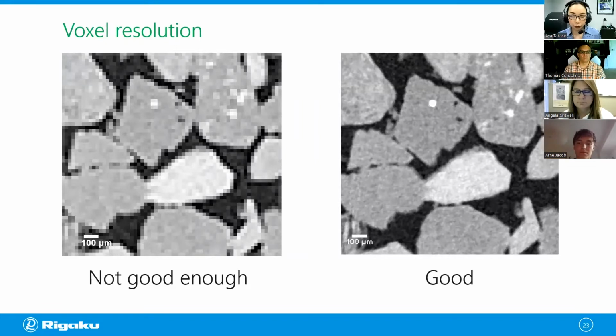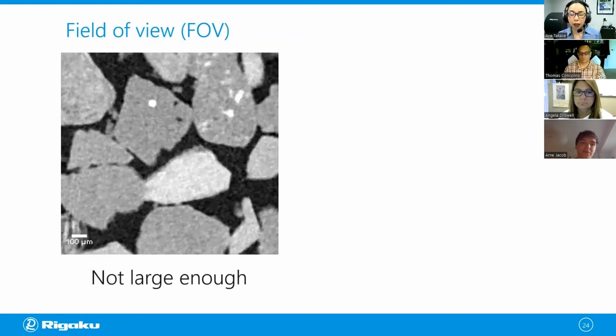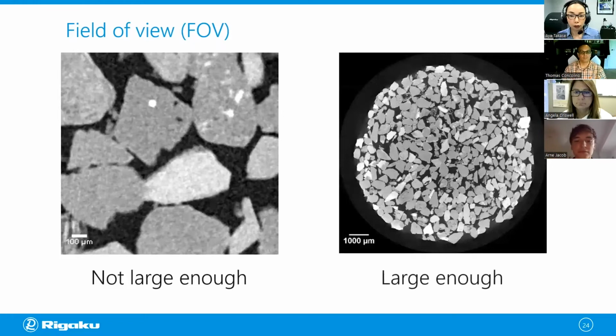For the field of view, this one is a little bit more tricky, but this is probably not large enough, but this is large enough. Again, when we see it, we know if it's good or bad. And we will look into more specifics of how you can tell what's good enough. But now for the field of view,